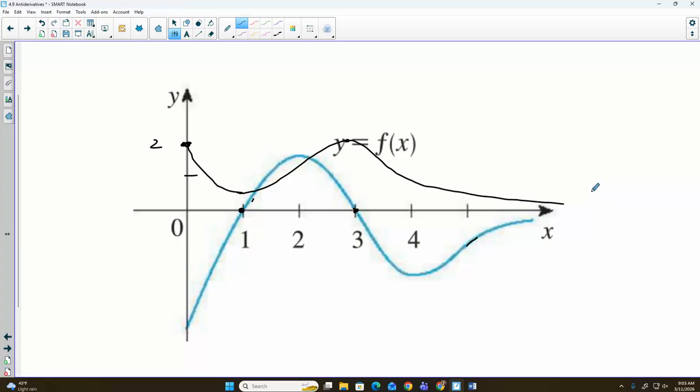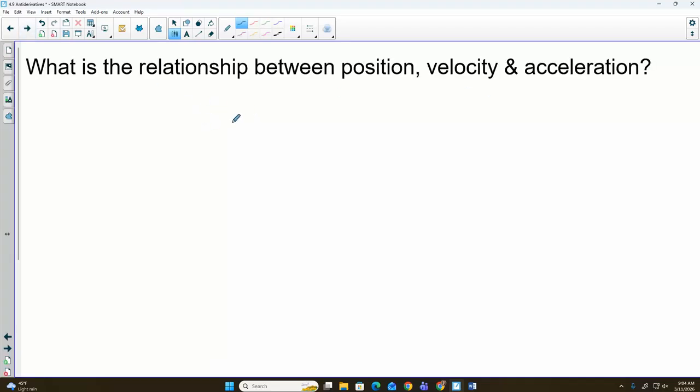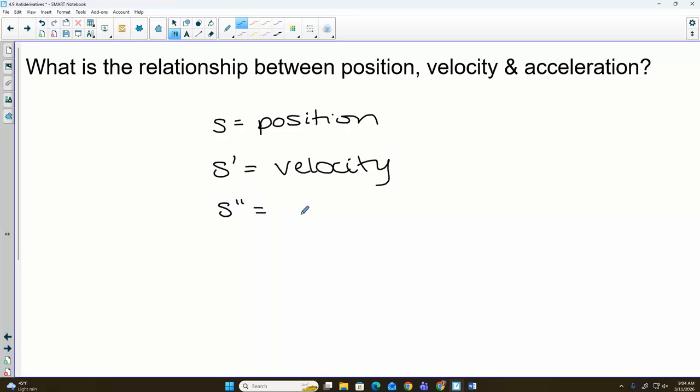Let's look at a few more. We may not do all of these examples. I put several in here, but let's remember about motion. So we know position, velocity, and acceleration. The first function is position. If you do the derivative of that, did I usually call it S for position? So the first derivative is velocity. Second derivative would be